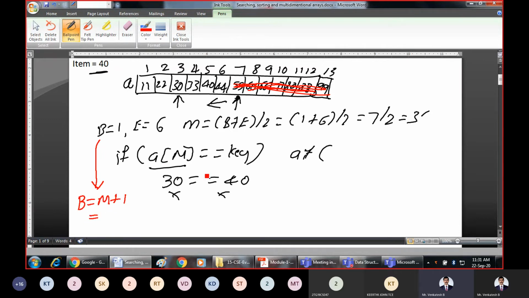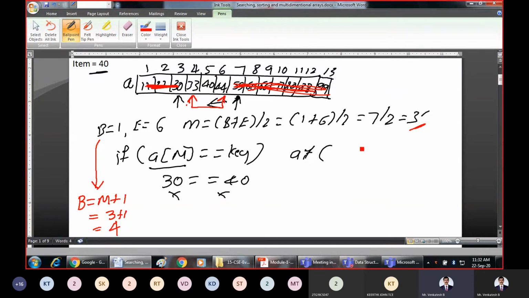The earlier value of middle is 3, so 3 plus 1 is equal to 4. So now we are starting from 4 and going up to 6. We are searching in only this part now. This part is also eliminated.